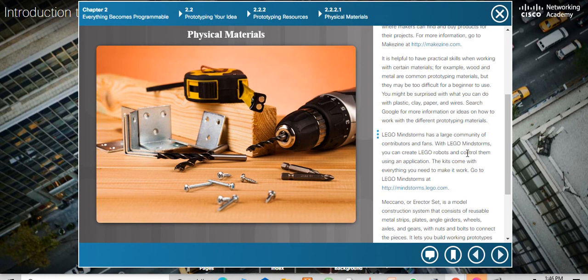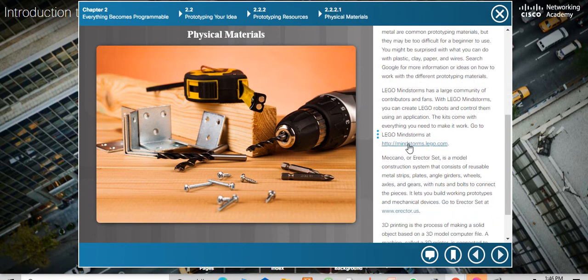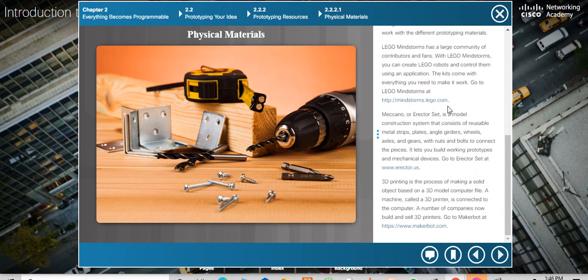LEGO Mindstorms has a large community of contributors and fans. With LEGO Mindstorms, you can create LEGO robots and control them using an application. The kits come with everything you need to make it work. Go to LEGO Mindstorms at http://mindstorms.lego.com. Meccano, or erector set, is a model construction system that consists of reusable metal strips, plates, angle girders, wheels,